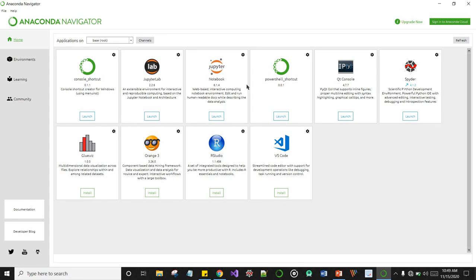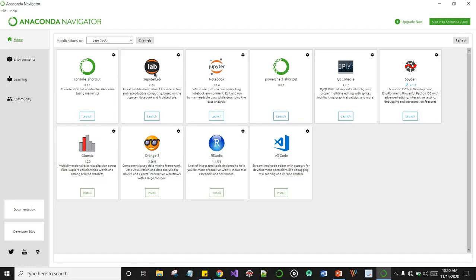But for today's lecture, we are going to be using Jupyter Lab. I prefer Jupyter Lab to Jupyter Notebooks because it's more extensive. The GUI is more reproducible, it's easier to navigate, and it's still based on the Jupyter Notebook architecture.